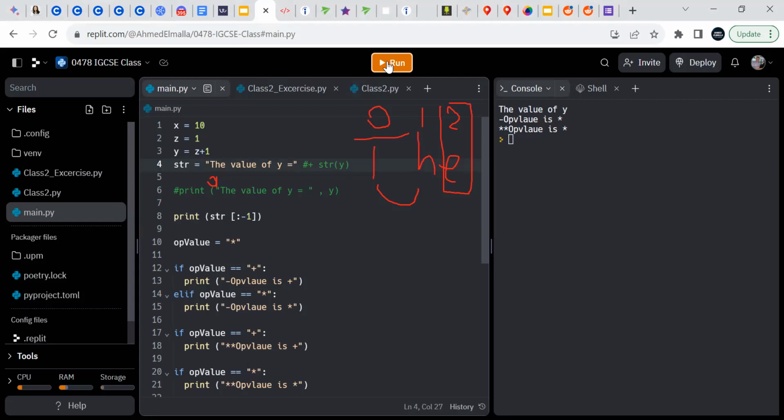So it gets me all the string except the last character. So if I do -2, it should be clear, right? It will remove the last two characters. Okay.